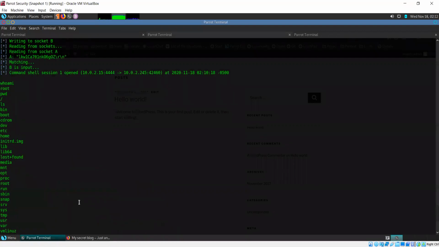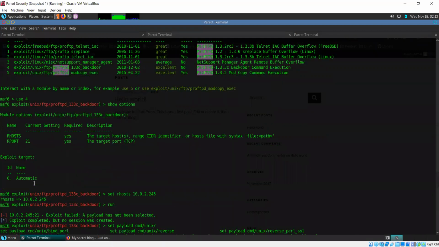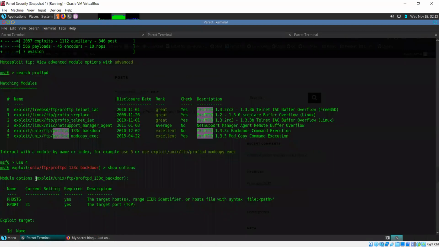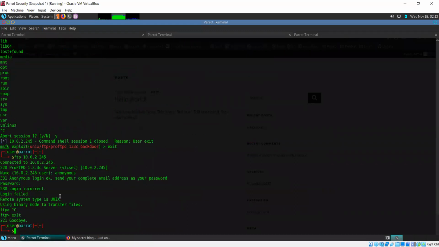The other service that was available was SSH. With SSH, there's no direct way to get in, unless you know the usernames and you want to brute force the passwords, but that's not really worth it.